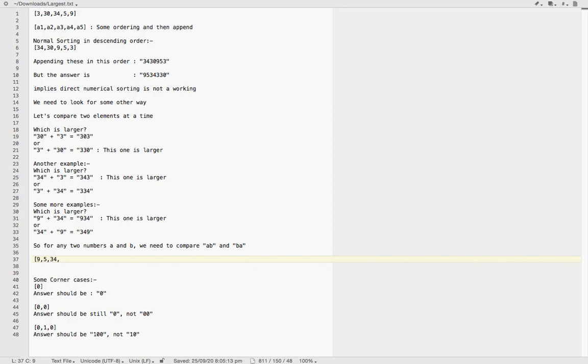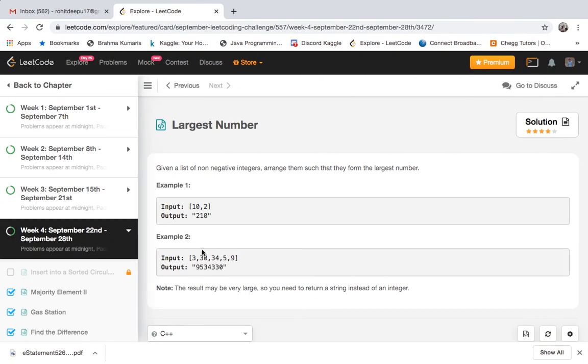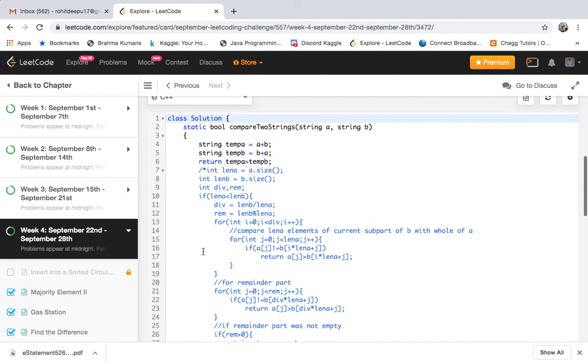Appending all this matches the expected output, which is 9534330.